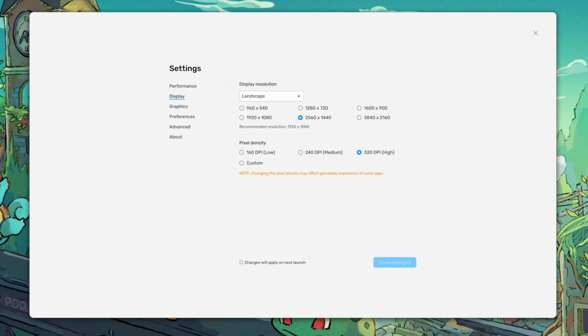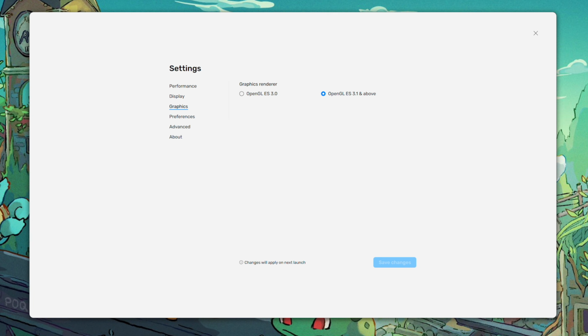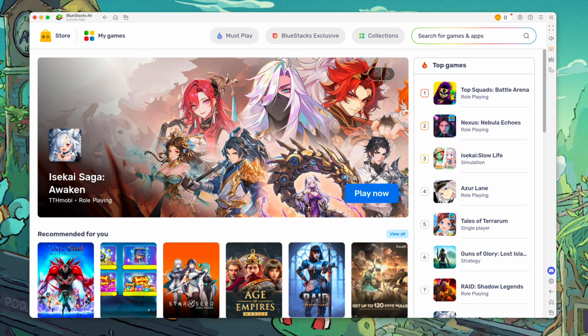So in landscape, it's going to be 2560 by 1440. In portrait, it's going to be 1080 by 1920. I'm going to leave it on 320 DPI for pixel density. Let's check out graphics next. I'm going to leave it on OpenGL 3.1 and above. Let's check out preferences and advanced. Okay. So once you have the settings the way you like them, you can click the X